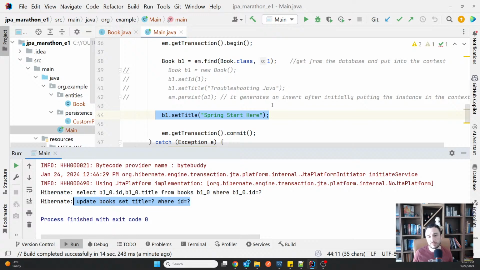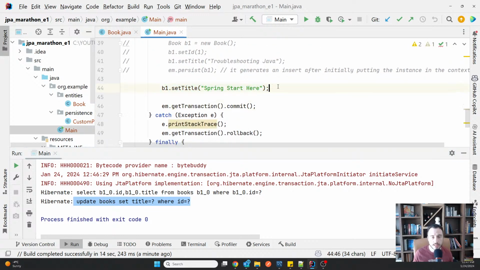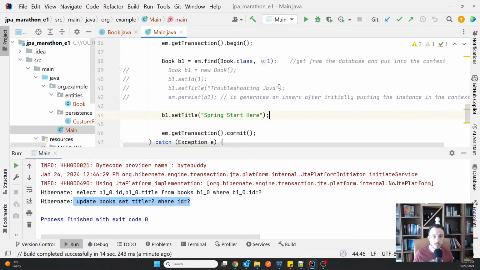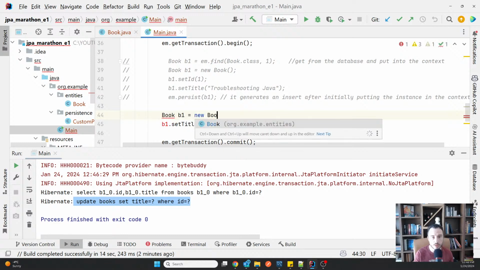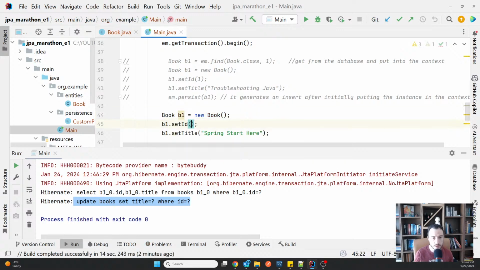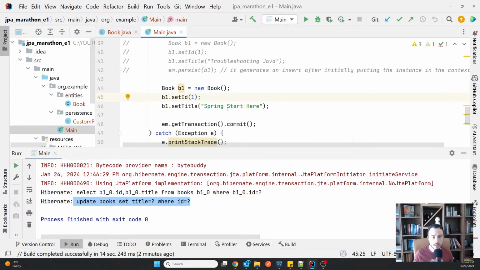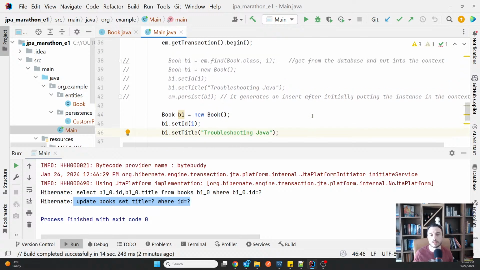But you have to be very careful. These operations can only apply to things that are by any means in the context. So find puts them in the context. But if I had tried to do something like Book b1 = new Book, b1.setId(1), b1.setTitle with another title, back to Troubleshooting Java, this will not reflect in the database.